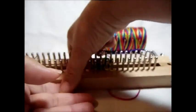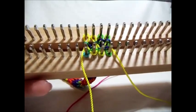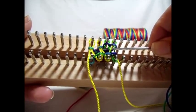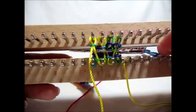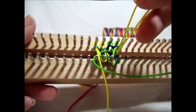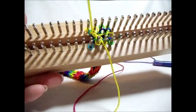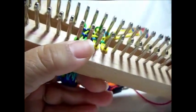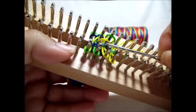And I'm going to have to turn this so that I can do it because I'm right-handed. Okay. So now with my needle, I'm just going to go underneath, over, underneath. See? And pull it. Then I'm going to turn it and do just the opposite. I'm going to go over, underneath,